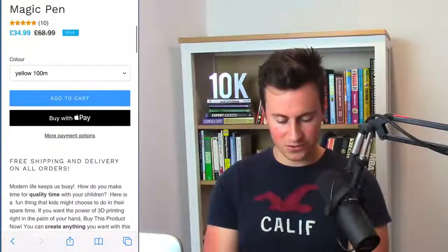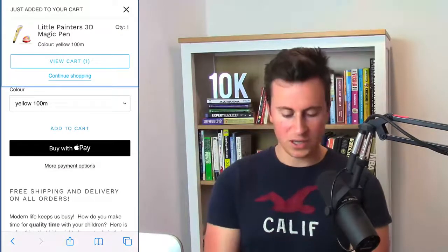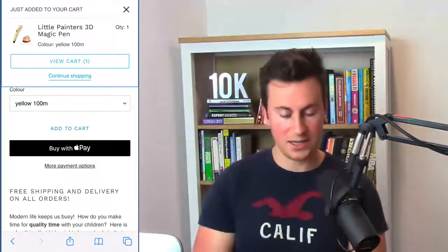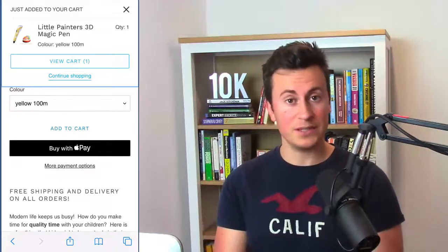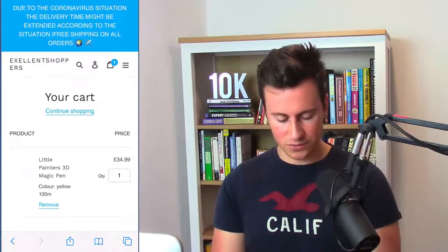If we go up, let's just test this store's checkout process. We go add to cart, and they've got a drawdown cart. Now, me personally, I prefer it so when somebody hits add to cart, it takes them straight to the cart. The reason for this is because it makes the whole checkout process that much faster, which can make a difference to your conversion rate. Well, it will make a difference to conversion rate. If we go to view cart, then